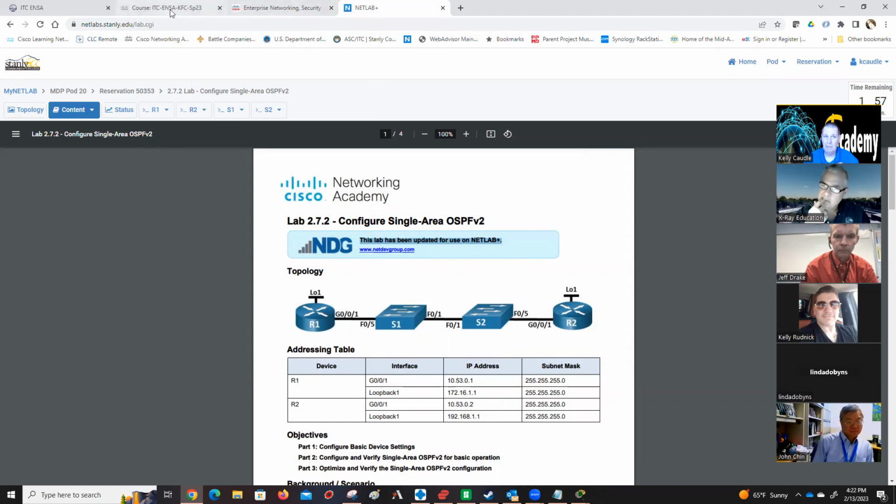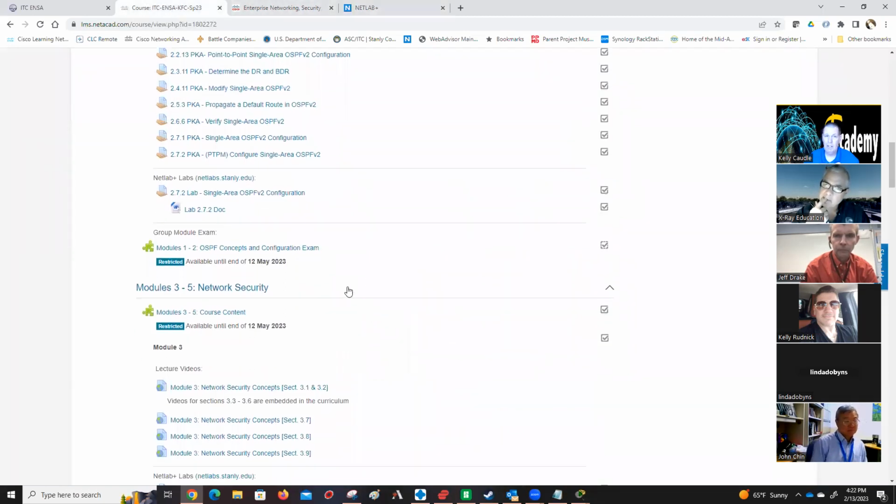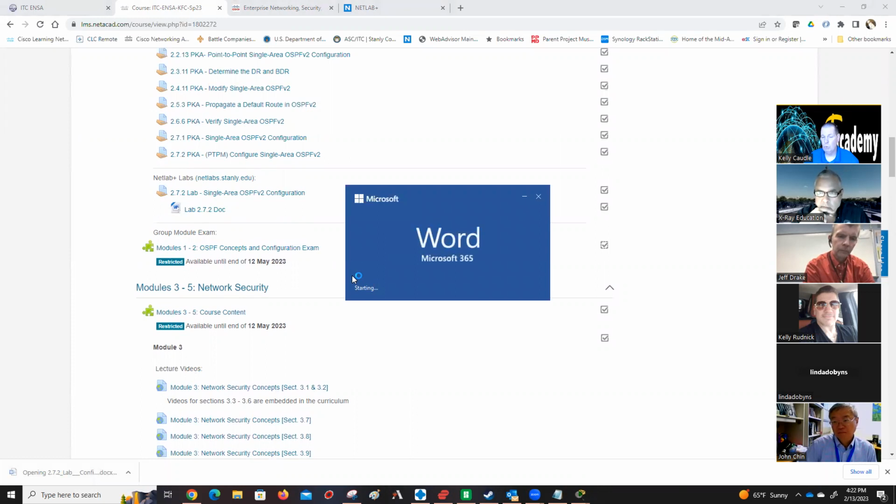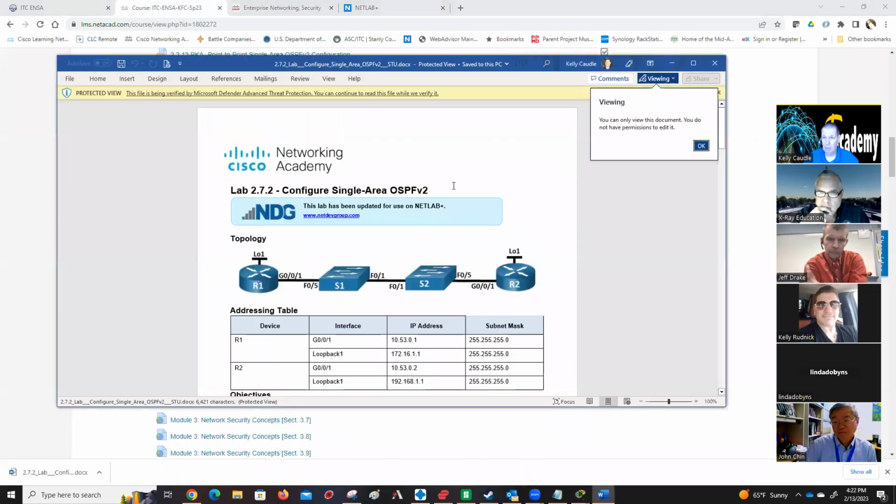Now, I have made life easy for you. I went in and on every single lab we were doing on NetLabs, I converted it to a Word document. And so right here underneath your upload is the Word document that you can click, download, open up, and use for every NetLabs that we have. And you'll notice,